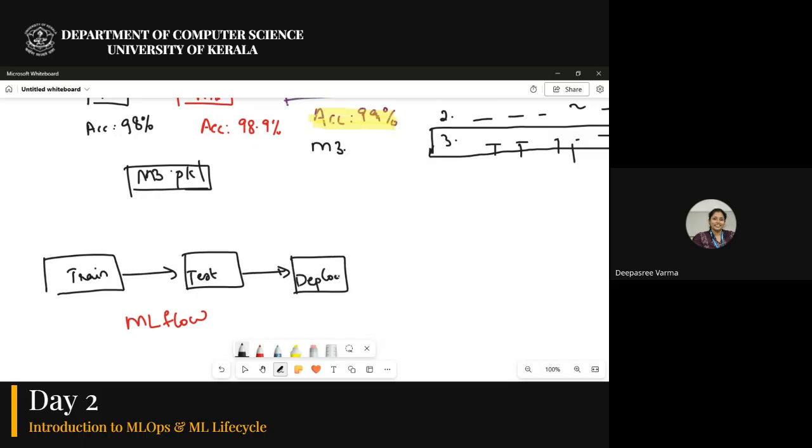Once it is deployed, we have finalized the code and data, and that version will be pushed to Git and DVC. Again in the next cycle, maybe after a few years, when this machine learning model is not working properly, we need to repeat this iteratively. At that time, again we can use MLflow for experiment tracking, and we can get the versions of our code and data from Git and DVC.